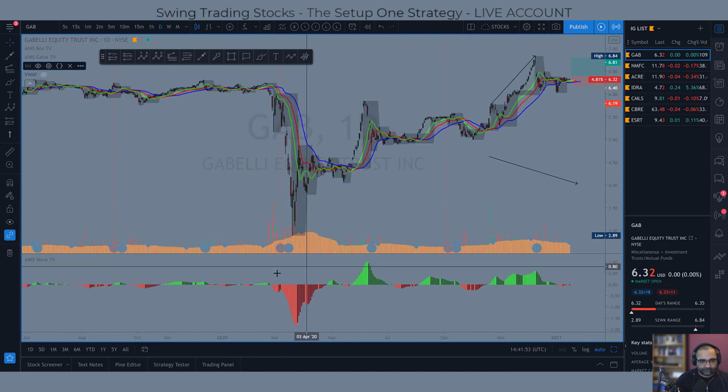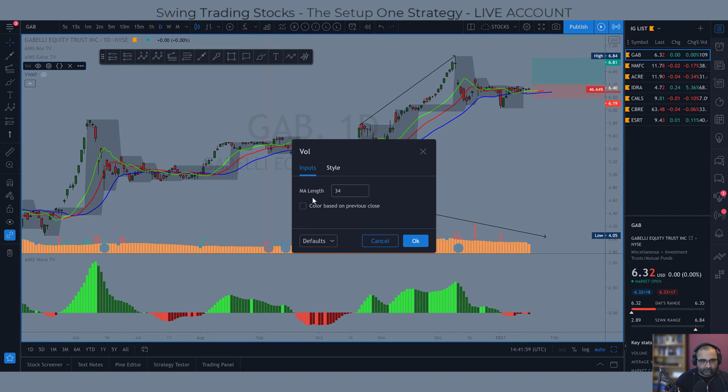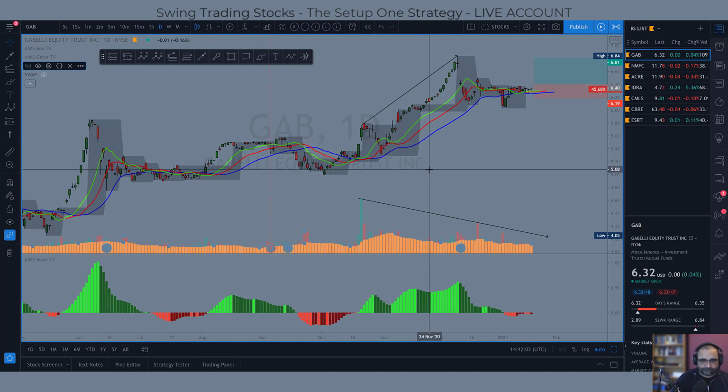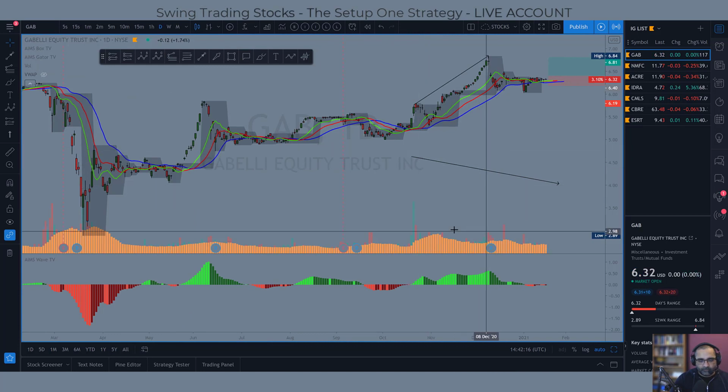Look at that. But I think the best is 13. That's the volume divergence. That's the peak of volume, the peak of AO. There we go. So if you don't have volume, still alright. But if you use volume,